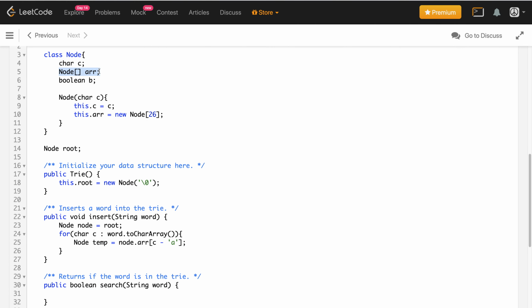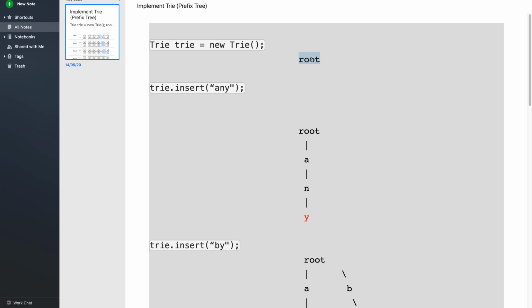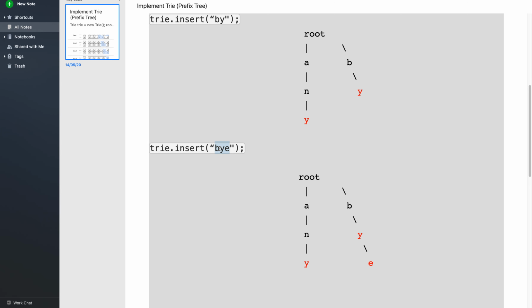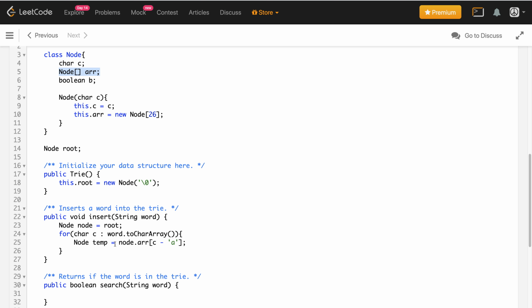We are checking whether a is marked or not, that is, whether a is null or not. In case a is not null, we will simply go to a. When we are inserting bye, b already exists, so there is no need to create another node with value b. We can simply move to this.